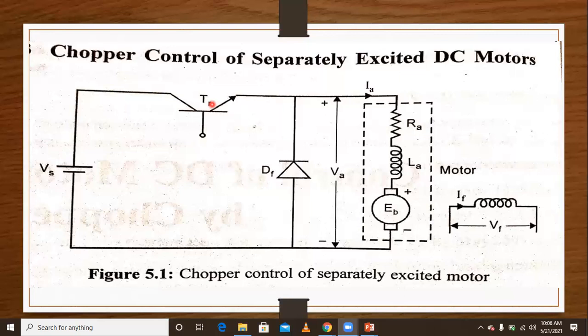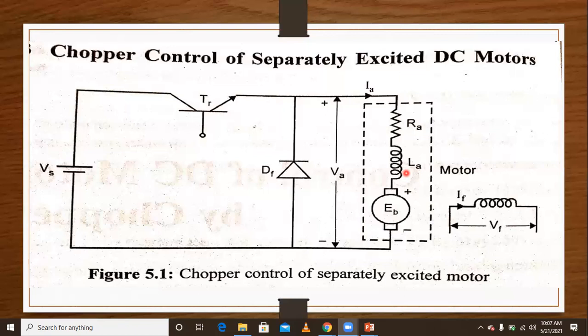That's why, presently, separately excited motors are also used for traction, because of the limitations of the series motor. Separately excited motors are now preferred even for traction applications. Understand? So this is why the separately excited motor is used for traction. So these are the difficulties faced with the series motor, namely the field control problem. That's why the separately excited motor is used for this control.